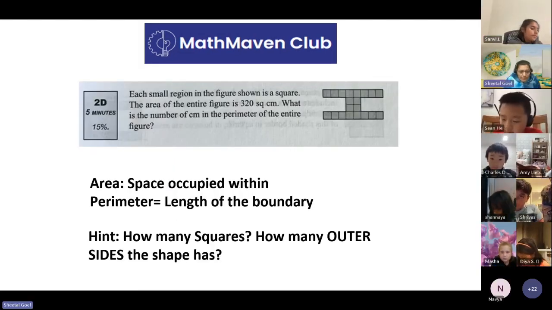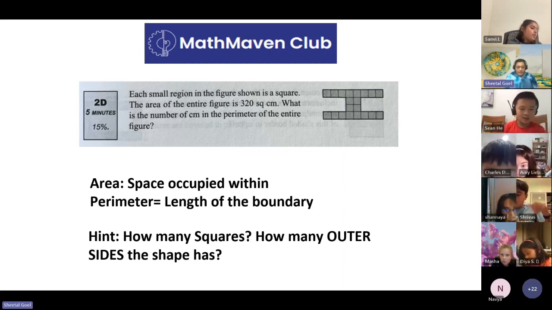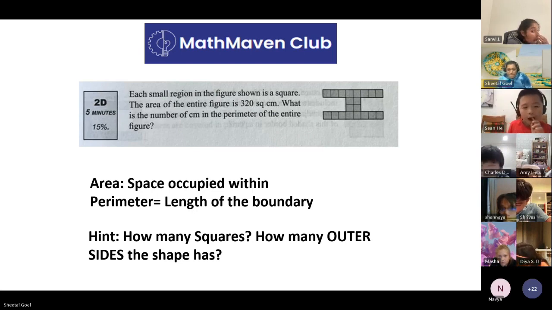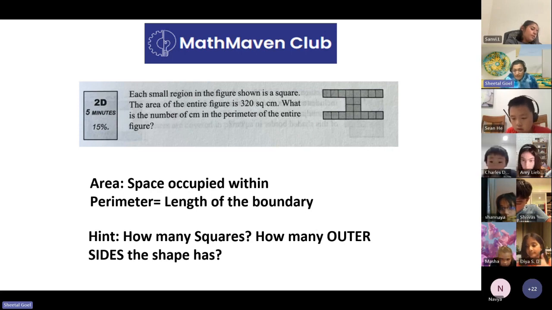In the shape, you have 8 boxes on each arm, and in the middle you have 4, making 20 boxes together. Have you finished drawing? If you are done, please give a thumbs up. I will repeat it. You have 8 boxes in each arm of the horizontal edge and 4